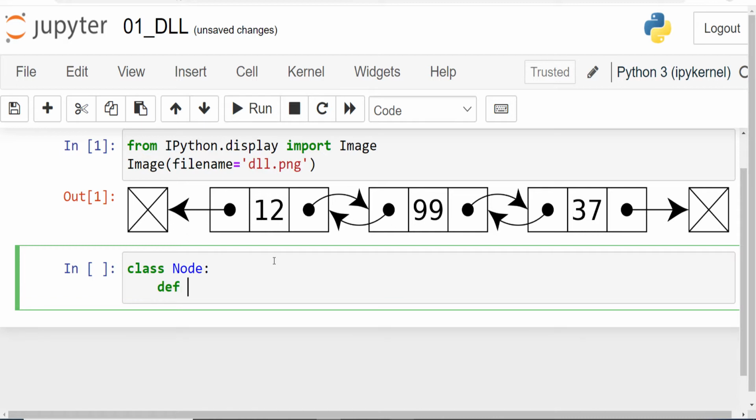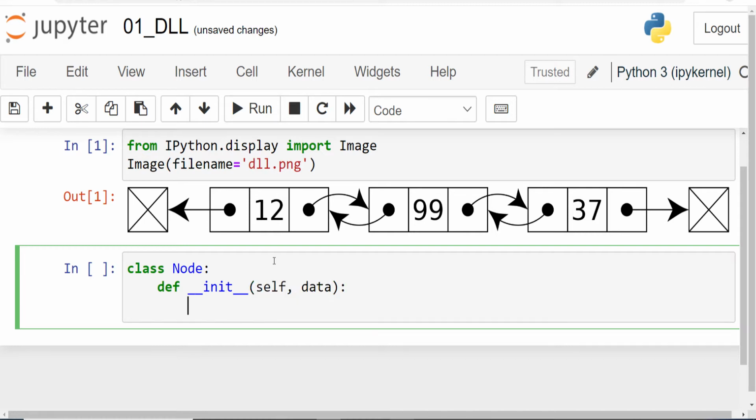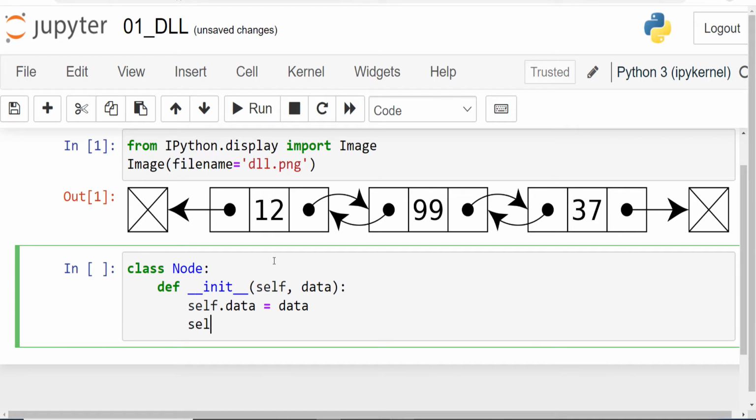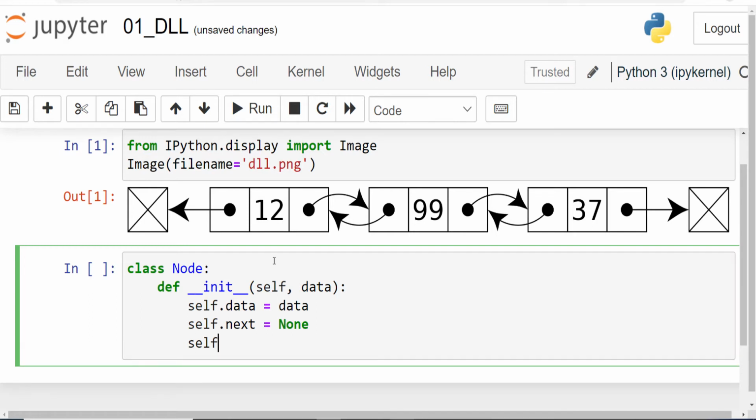Let us say def __init__(self, data): self.data equals data and self.next equals None. Similarly, self.prev equals None. Okay, it's not node, it's None.